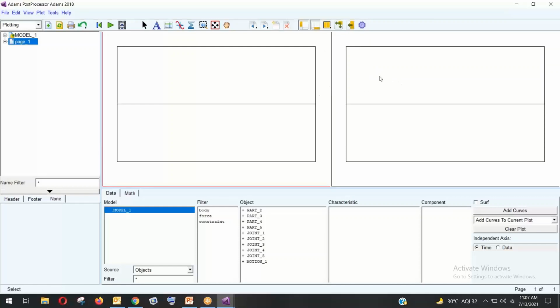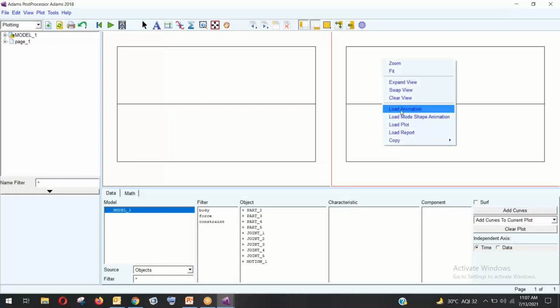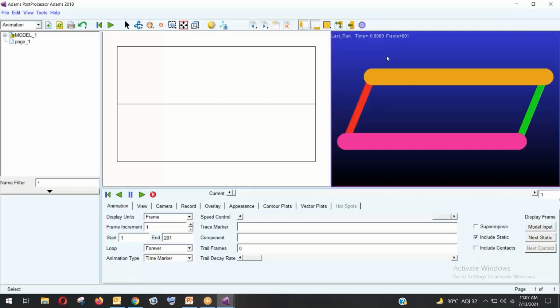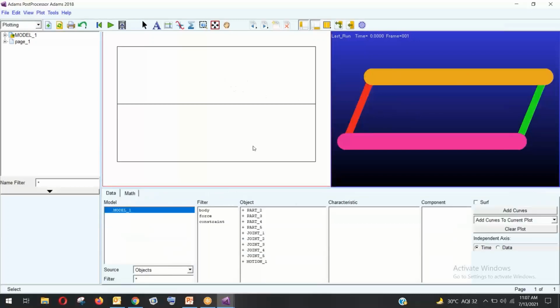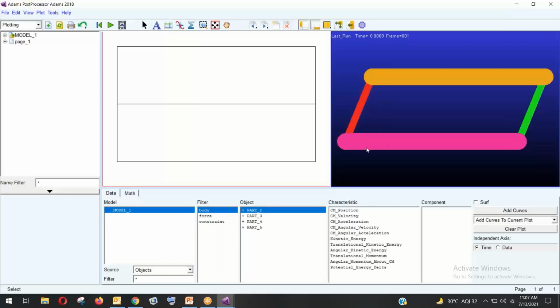So if I click on this right one, I will right click and load animation in this plot. What animation do I want? This animation I have imported in this tab, and within the right tab I will see the motions or the curve. So what result do I see? The body part 3. I will see the angular velocity,